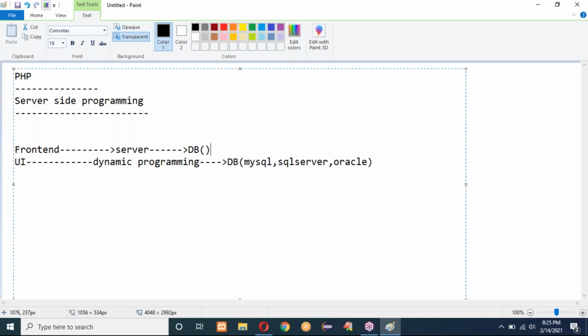I'll show you one interaction page, how user input reaches the server page and the database.